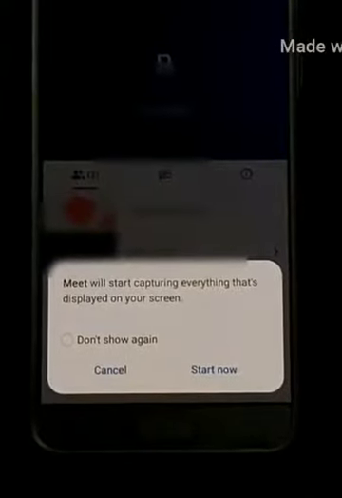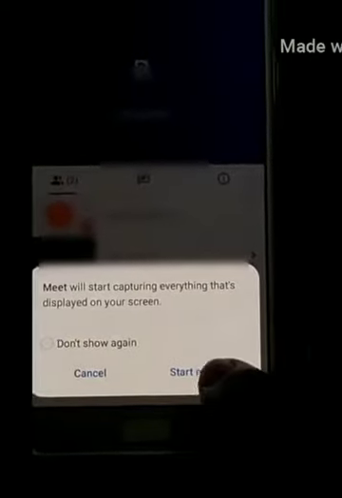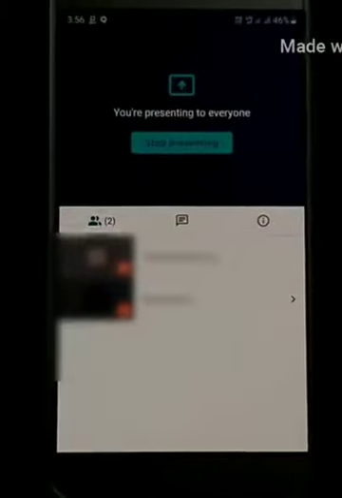It will start capturing everything displayed on your screen. I simply tap on it. Now it has just started presenting. That means whatever the host accesses will be shown to the students or participants who are attending the meeting.